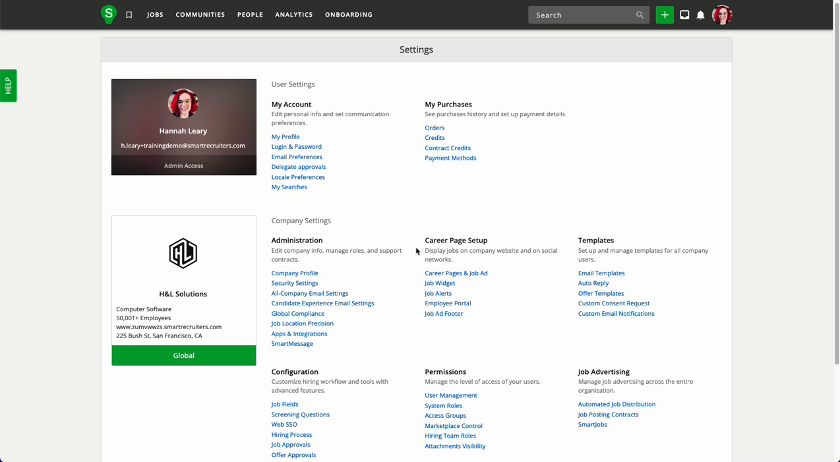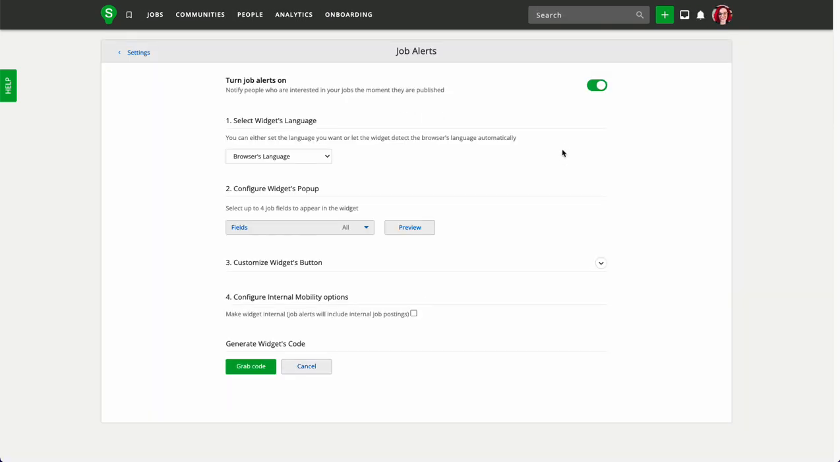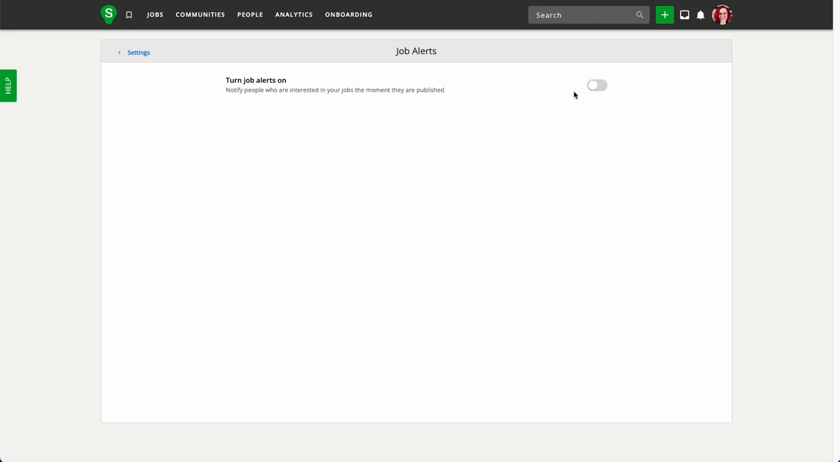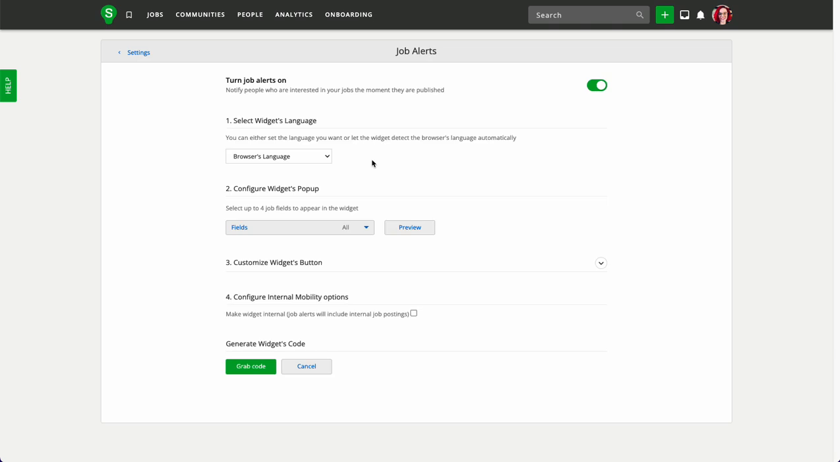To set up the Job Alert widget, on the Settings and Admin page, under Career Page Setup, click Job Alerts. You do have the option to disable the Job Alerts feature just by clicking this toggle here. But if you do want to use this feature, there are some decisions you have to make as far as